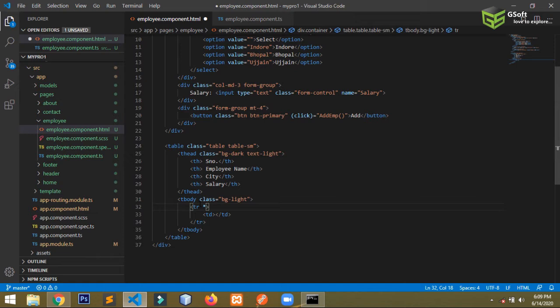Structural directive always starts with star. Okay guys, so here I am writing *ngFor. So what does this mean? Let me show you. let list, let is a variable type, so I'm using let here. let list of,